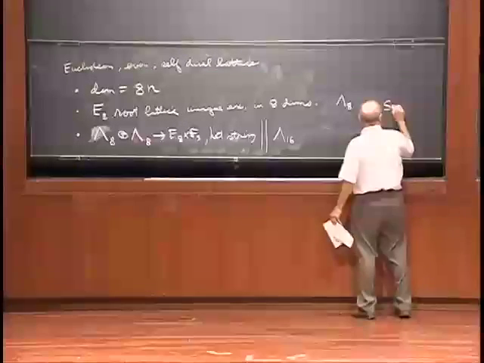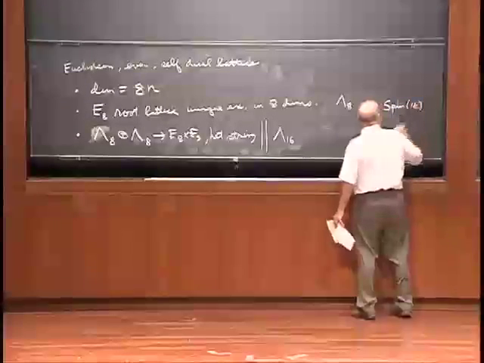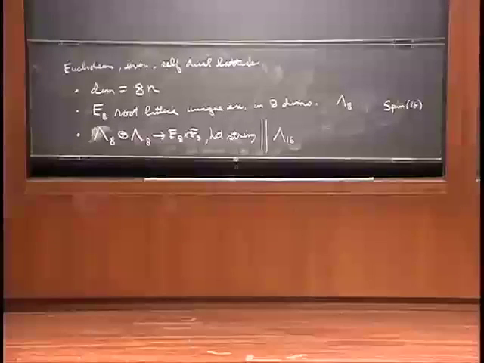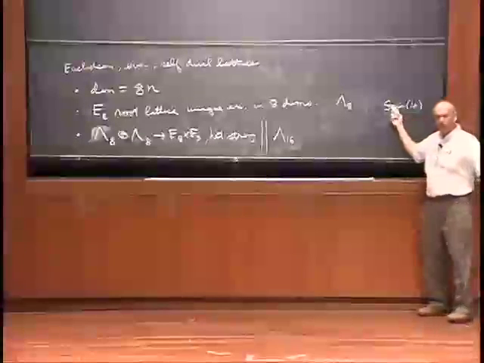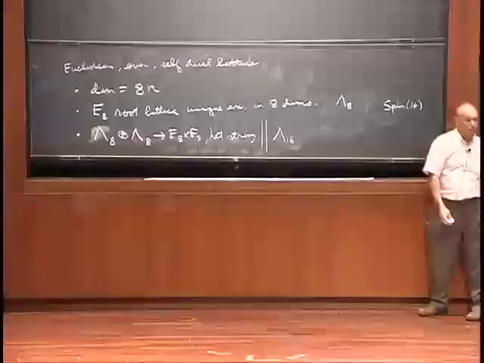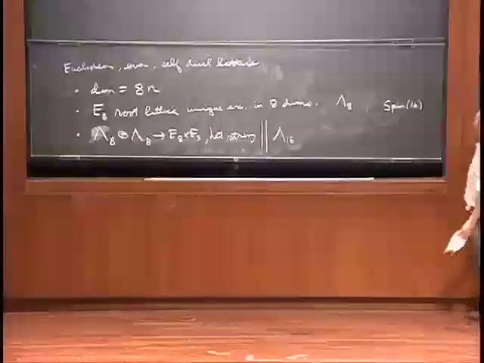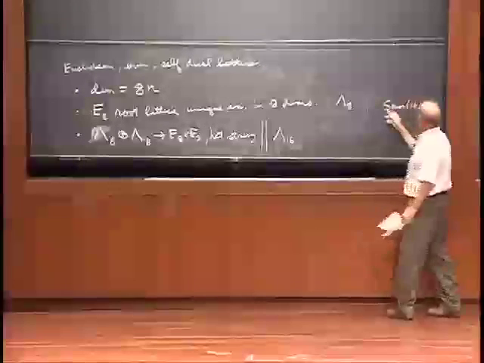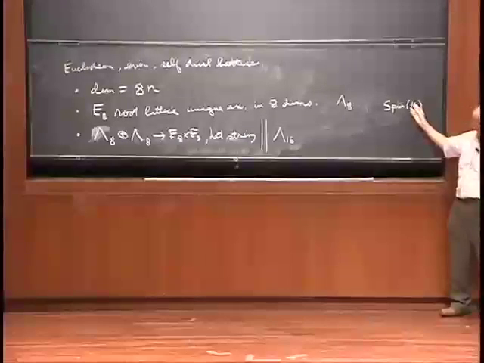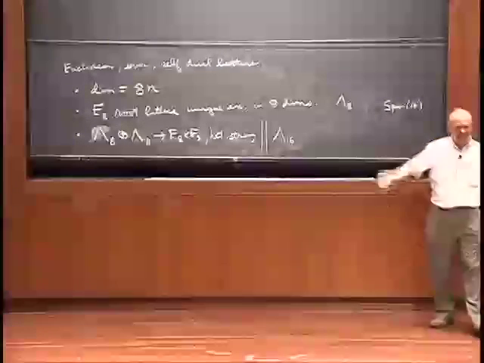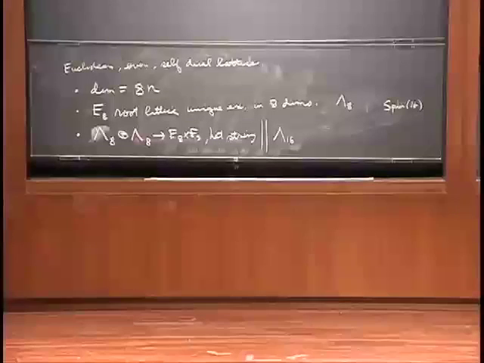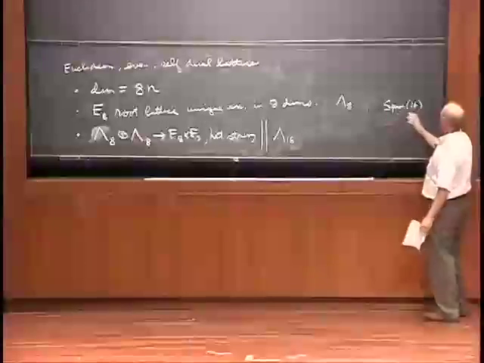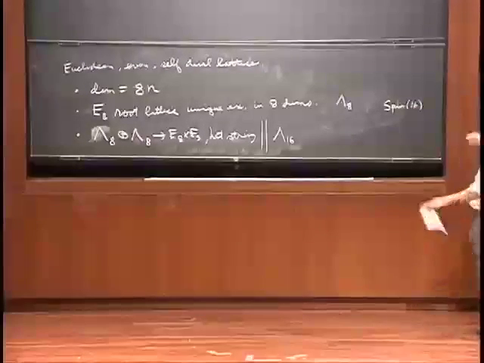Well, Spin(16), if you look at the weights of Spin(16), they fall into 4 conjugacy classes. There's the weights associated with the adjoint representation. They generate what's called the root lattice. Then there's another lattice that's shifted from the root lattice by a vector weight, by say a 16-dimensional representation. It's the vector representation. So the weights of this Lie group associated with the vector representation give you a shift